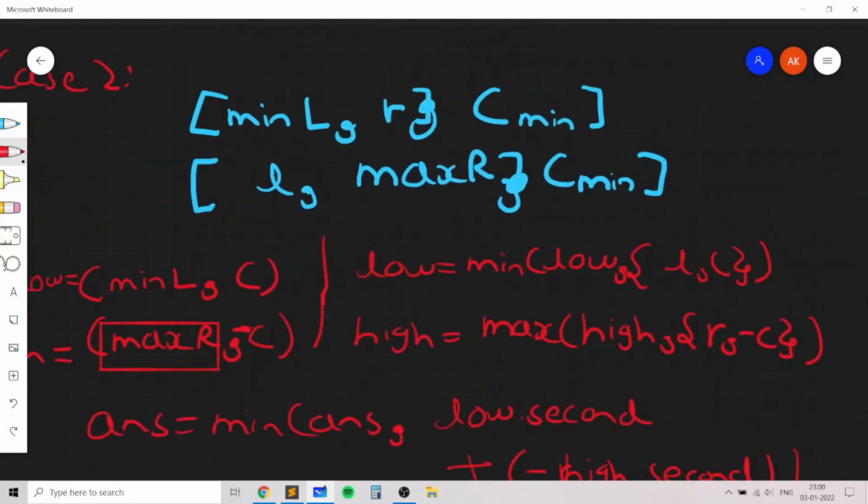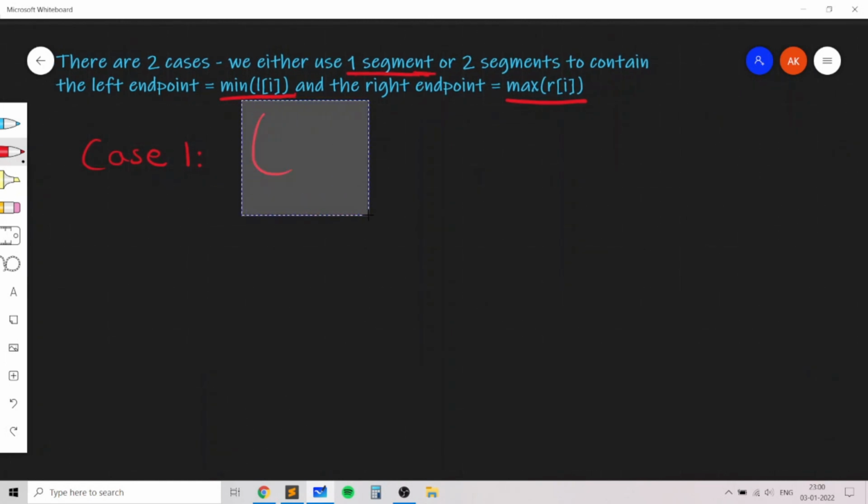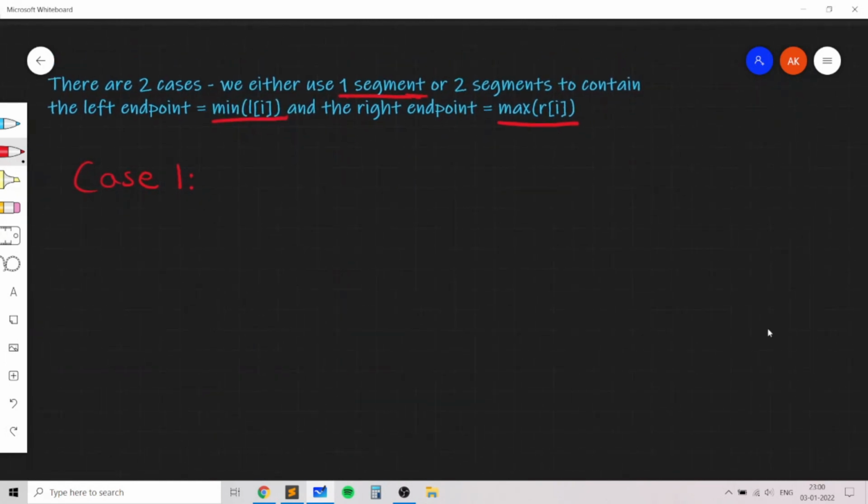We will initially set the answer to be this. And reviewing case 1, rewriting case 1 in terms of the second case terminology, we can use a global variable single to represent the single maximum, so we will use a pair single to represent the max difference. That is the max difference between the right endpoint and the left endpoint for a single interval. We will also store the minimum cost by storing the maximum value of negative C.